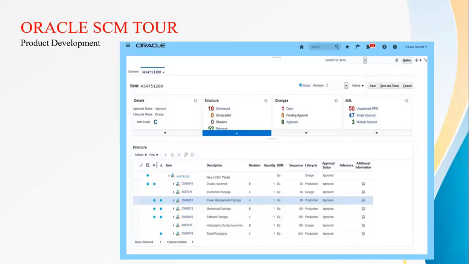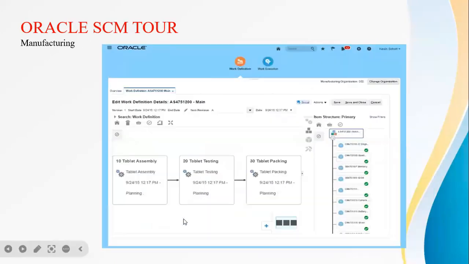The term which is commonly used outside is bill of material. In Oracle Fusion, we have this term called item structure, which we will be using. So here in Fusion, inside the product, we have something called item structure. It is the same as bill of material. So once you have the product development module where you categorize what components are required,